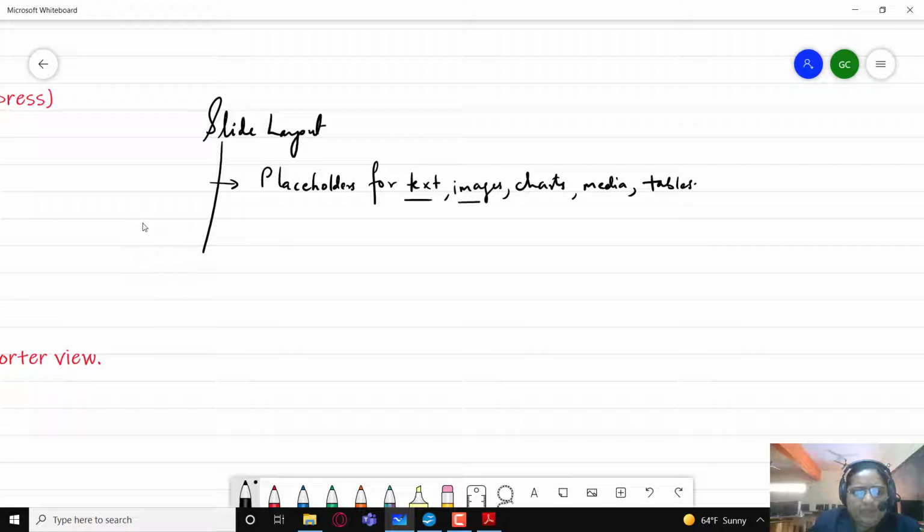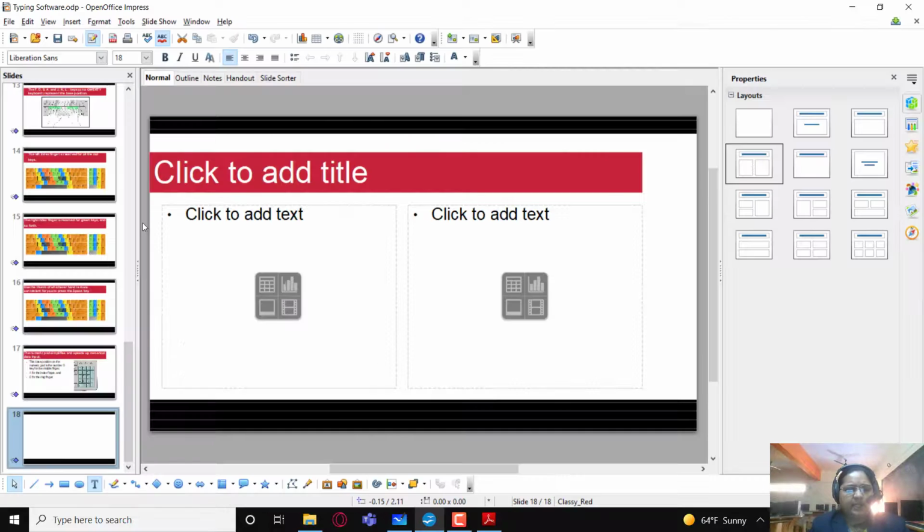So you can insert all these things using what? The placeholders. So slide layout basically contains placeholders for giving you an initial idea of where to place what, but after all you can also make changes to this. So in this particular layout it is providing me the place for one title and two content, where content can consist of text or table or picture, movie or chart.